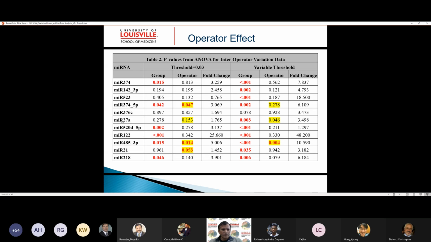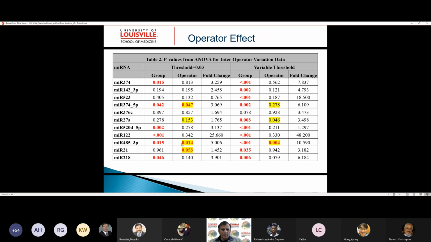For the microRNA 27A, its operator effect is not there, and then with variable threshold, you have operator effect actually. For this another one, 485, 3P, you have a very large operator effect, whereas you have